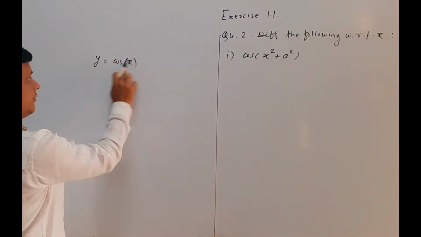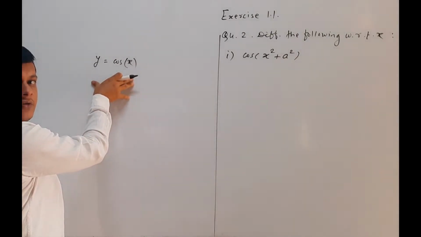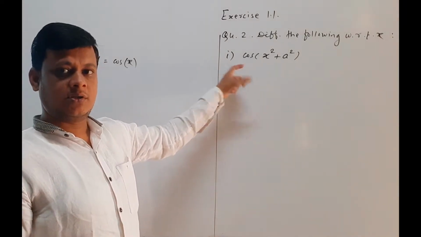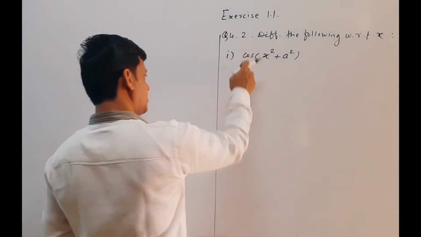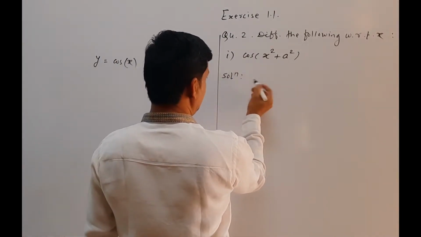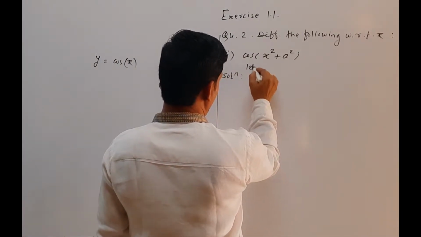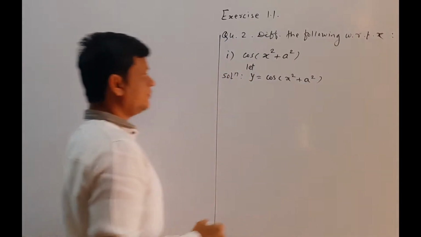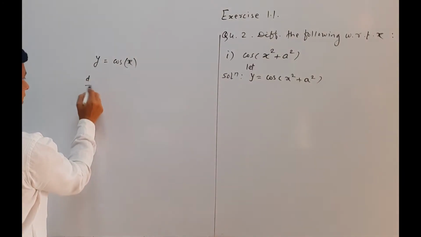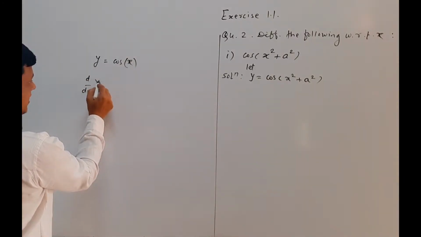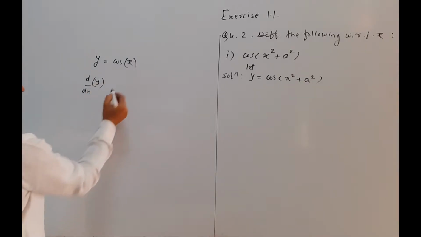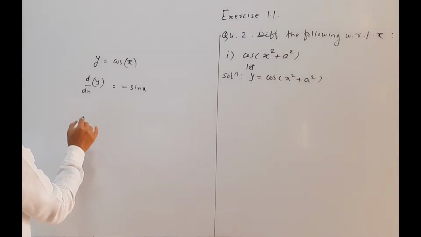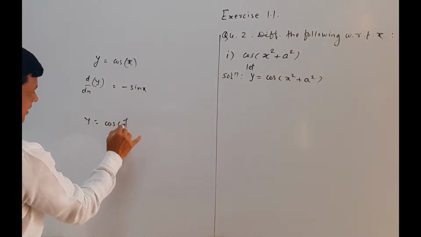So first we know the formula for the standard derivative. With the help of that, you can find the derivative of this composite function. So first we have to check the outer function. So we write here in the solution, let y is equal to cos of x square plus a square. For that we know the derivative of cos x. So we write derivative of y as dy by dx. Derivative of cos x is minus sin x, and for the composite function y is equal to cos of f of x,